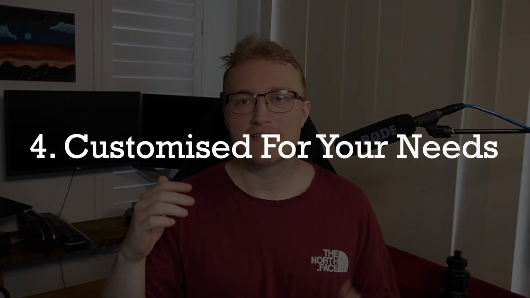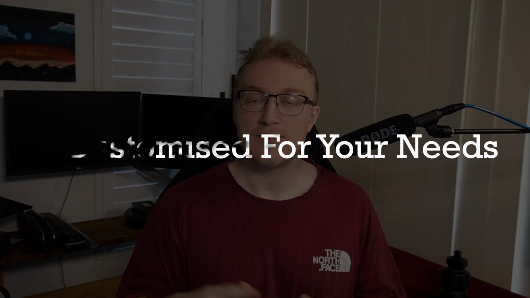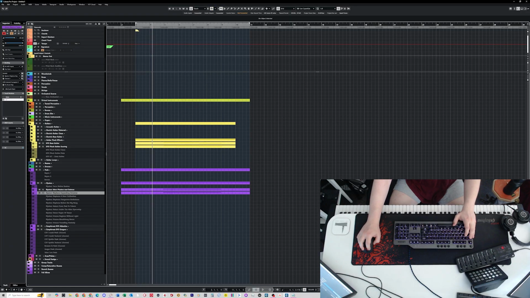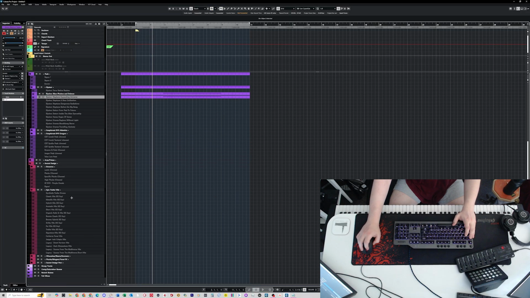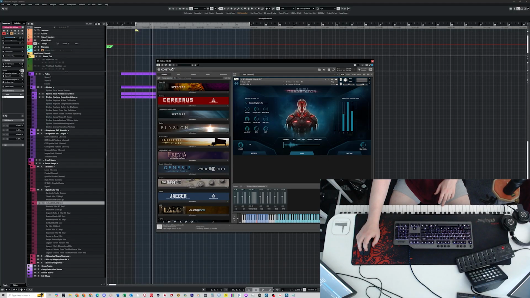Number 4, the template is customized for your needs and your needs only. Templates can be customized to include the instruments, plugins, and articulations you use most frequently. Because templates are customizable for your own needs, if you're working on multiple projects, let's say you're doing film scoring, you're working on game audio, you're doing EDM production,